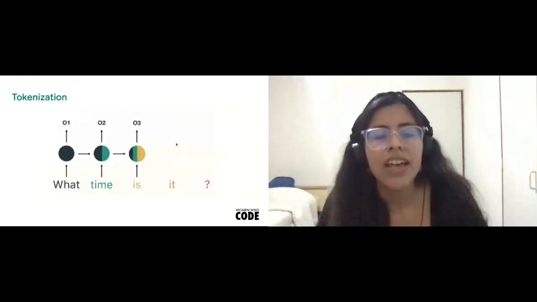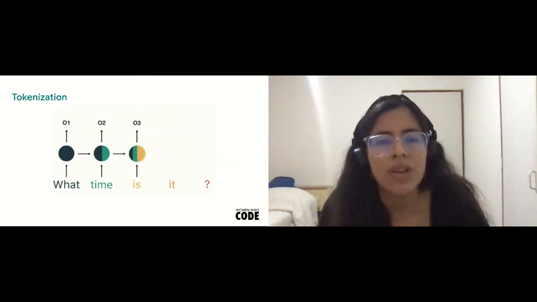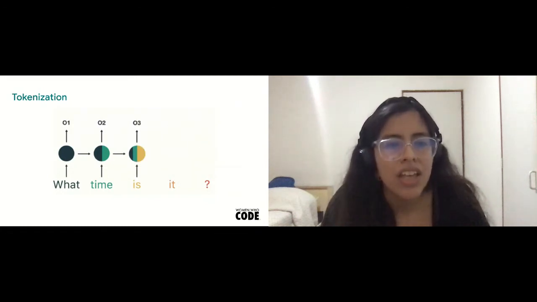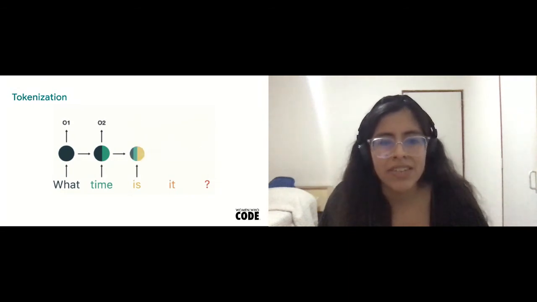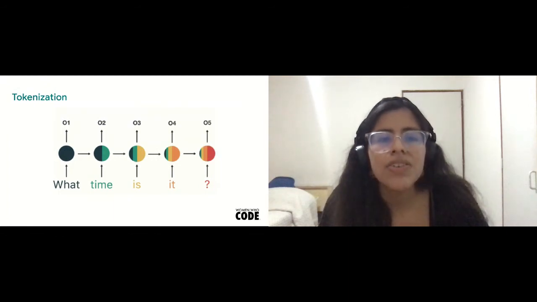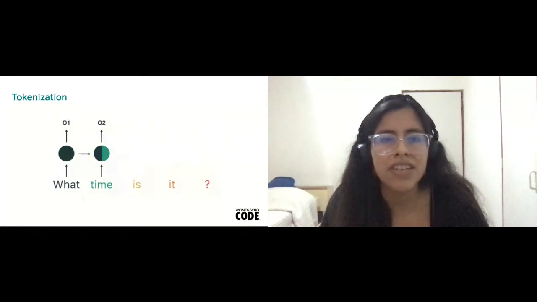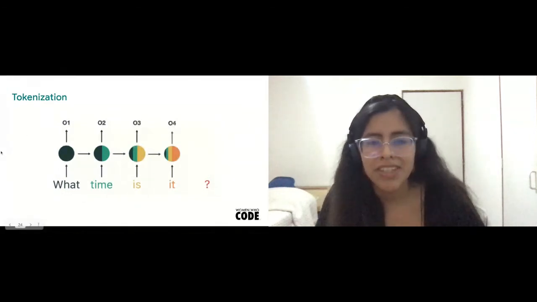So one of the first steps we need to apply to this text is tokenization. Tokenization is the first step to prepare text to be used in a machine learning model. In other words, it is to generate numbers for the words. You see that the message is "what time is it?"